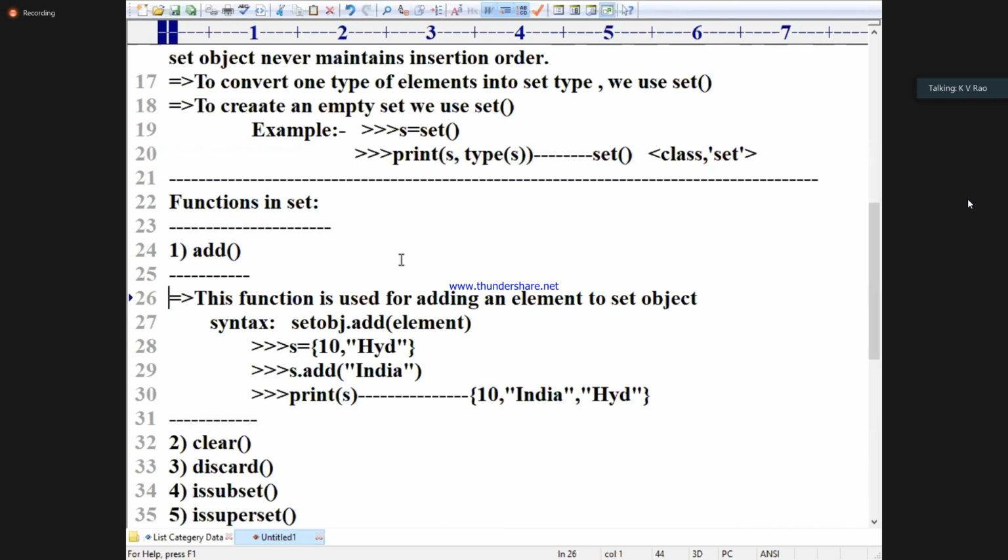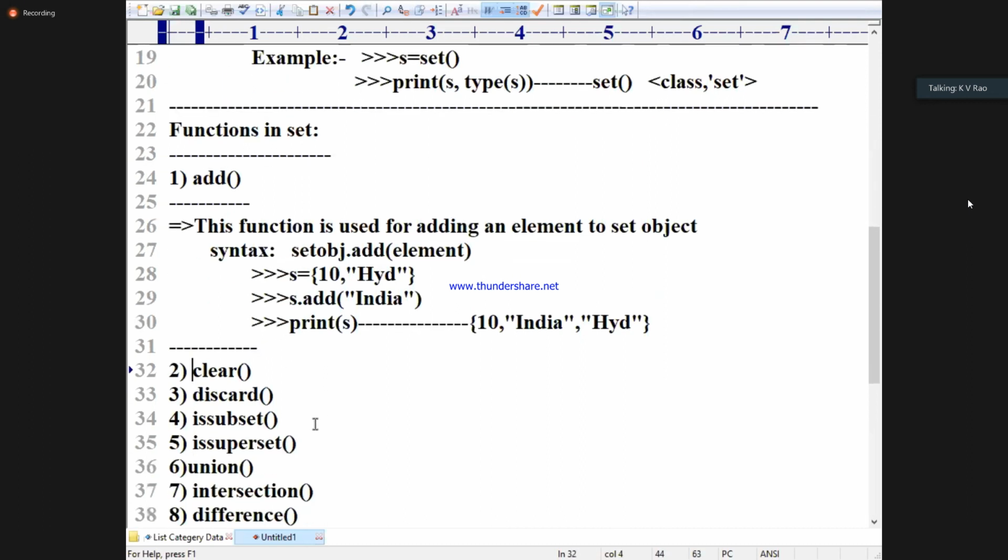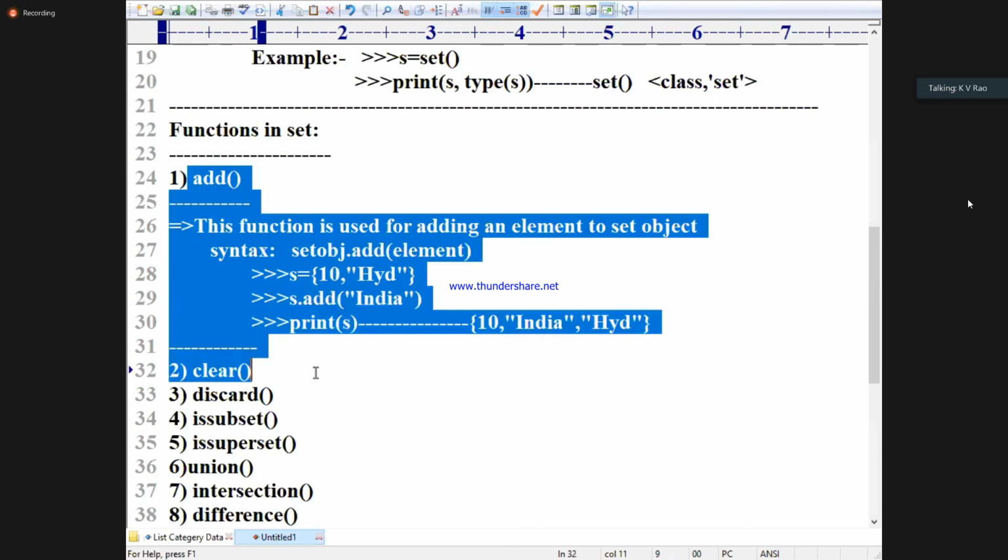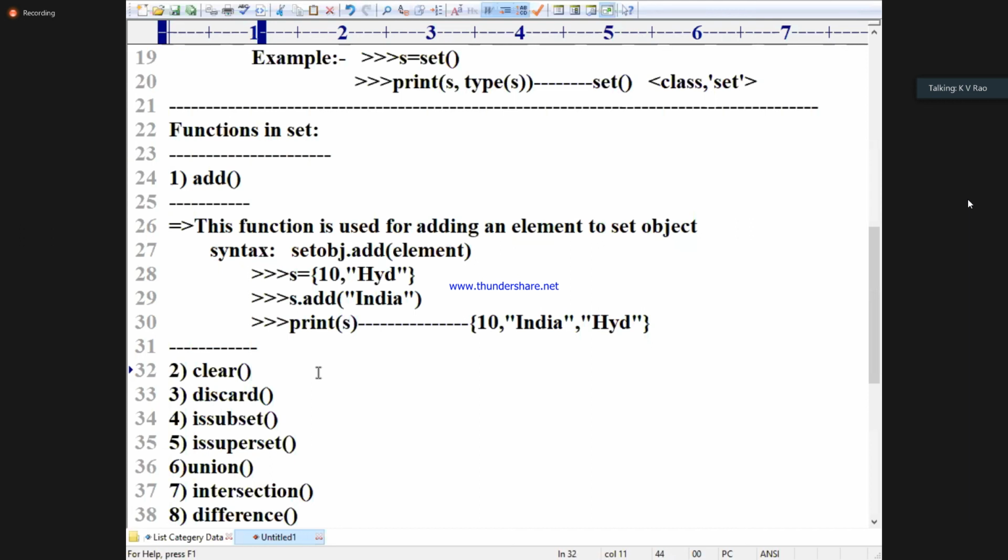So we started the discussion of add. Now the time is almost over. In tomorrow's class when I come back, we will go through the rest of the functions. Other functions you can understand from the add function, since we already have knowledge of the previous list methods. We will discuss quickly, and after half an hour or the first 45 minutes, these functions will be over.